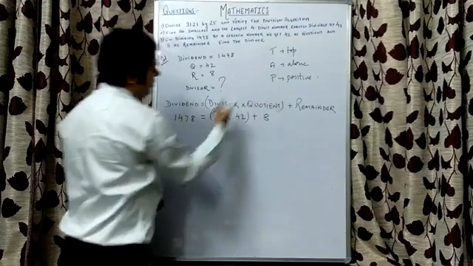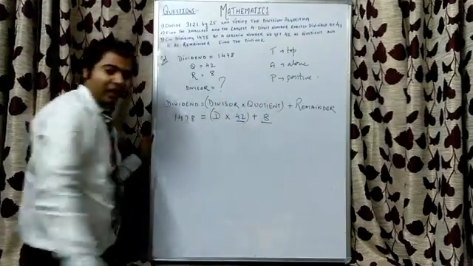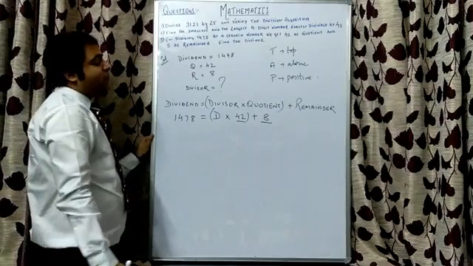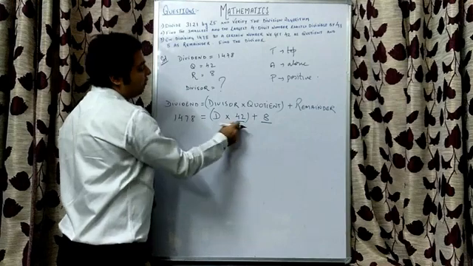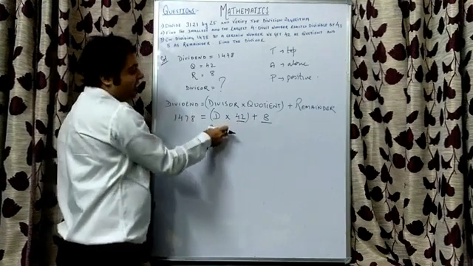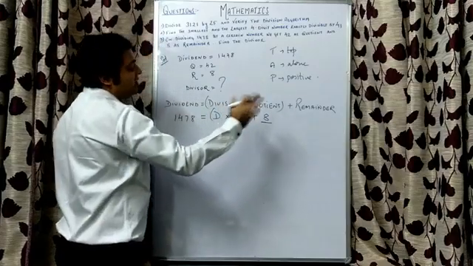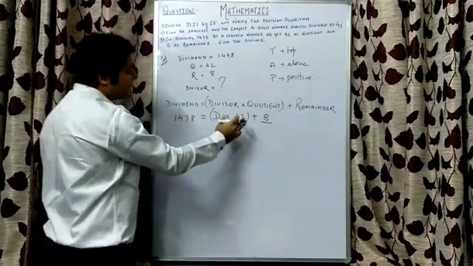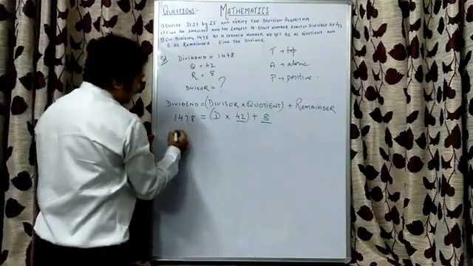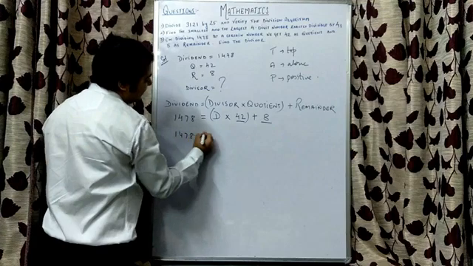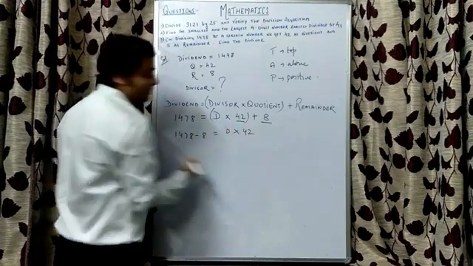Second, it should be alone. Is D alone? No. With D we have got 42 and 8 sticking. So now what will be removed first? Suppose 8 is just a friend of D and 42 is a close friend. And if D is in trouble, what happens? First 8 will leave D, followed by 42. So plus 8 will come to this side of the equal to sign and it will become minus 8. Rest of the things will remain as it is.